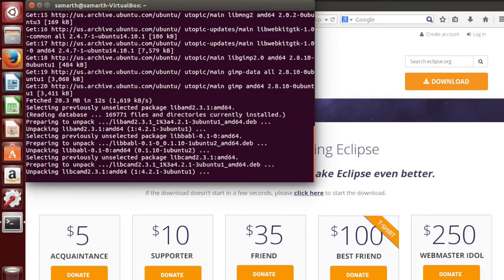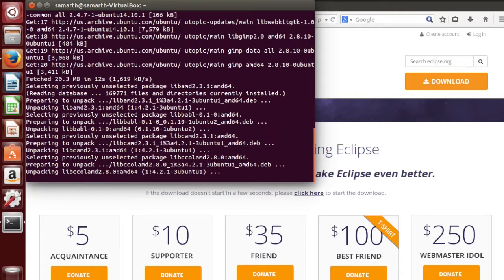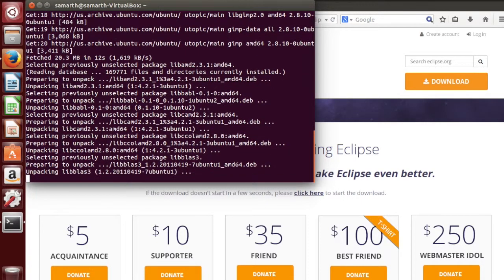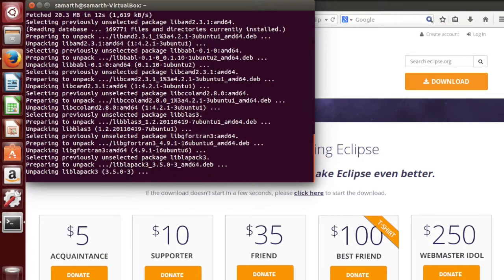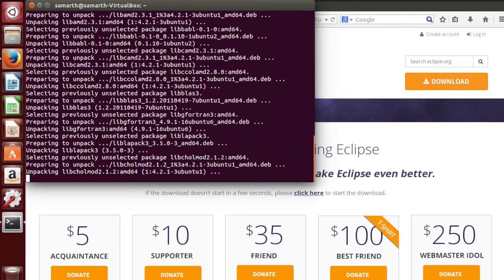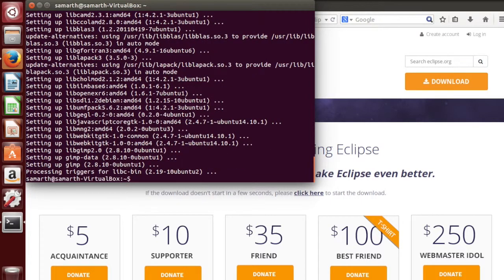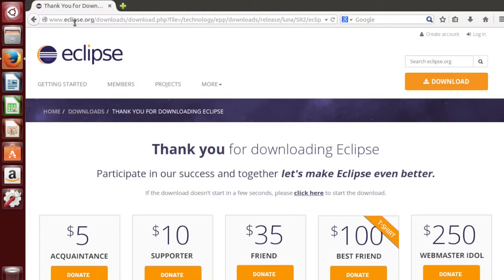GIMP is the application we're going to be using to do all the photo manipulating and stuff to make our icons for our apps and to make the background screens and other things that we need in our app. Okay, so once your GIMP installation is done, we can close the terminal and we're going to start installing